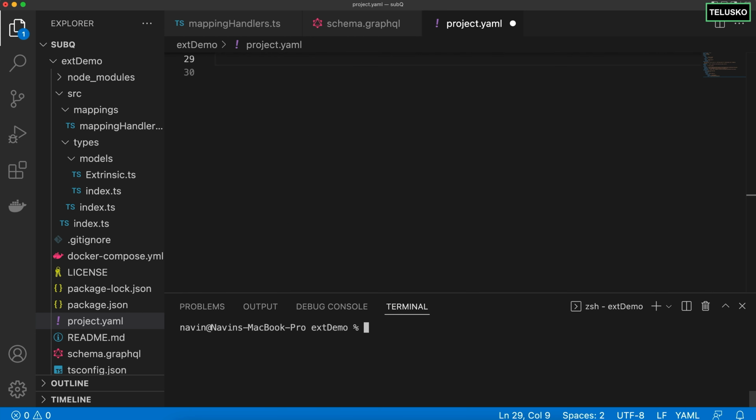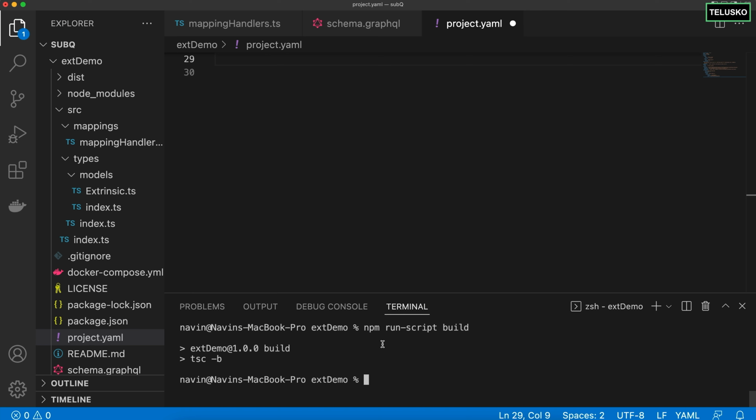Now what's the next step? Once you have your project ready, once you have your code ready, the next step is to build this project. Now how do you build? Again, the same steps. For running the script, you will say run script, and the command you have to fire is build. So say build, it will take some time to build. And you can see the building is done. Can we see the building here? No. Okay.